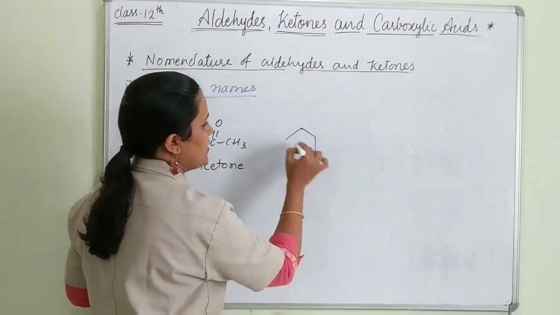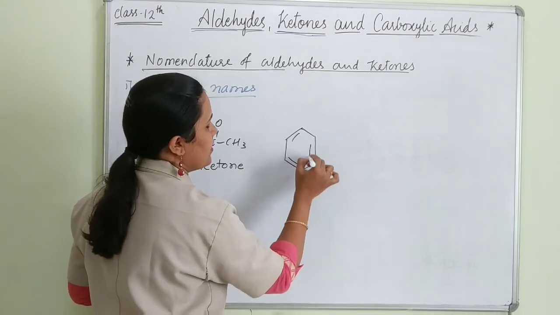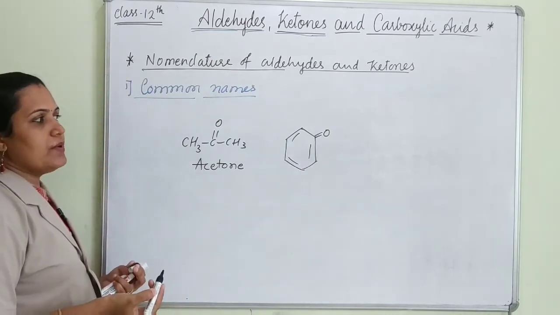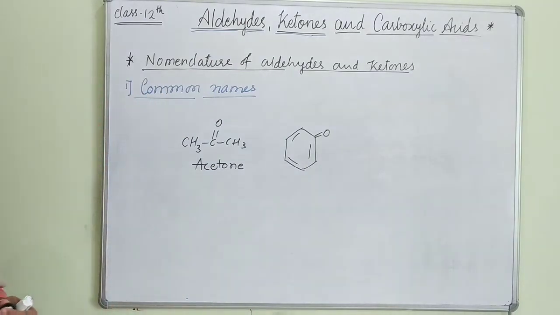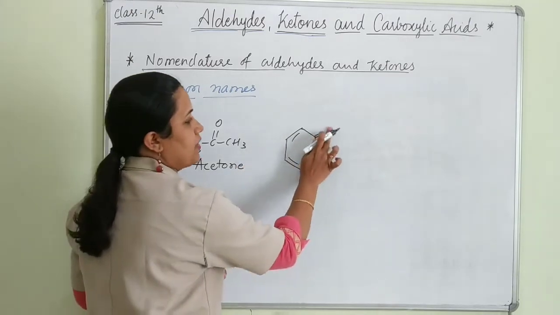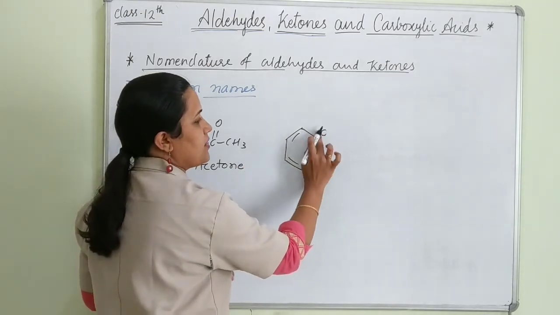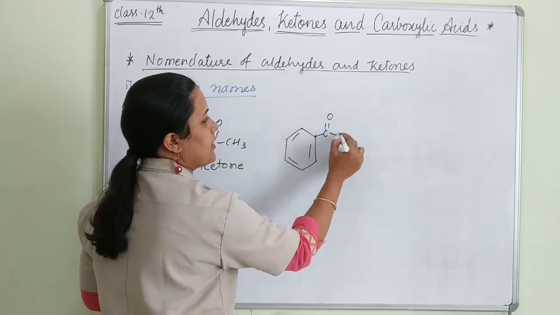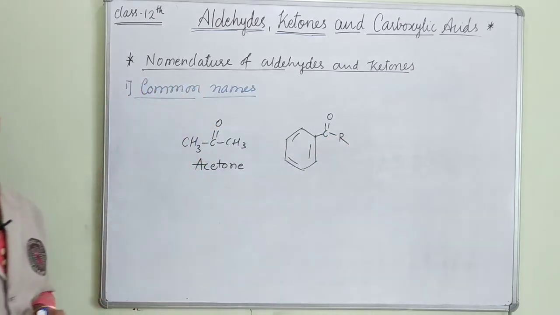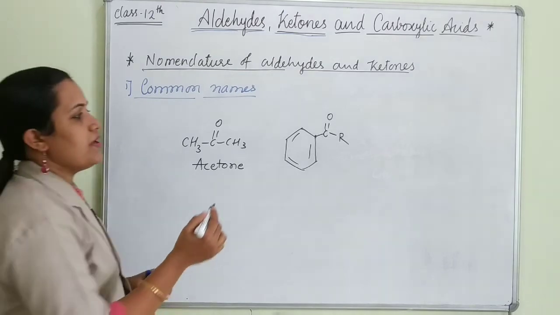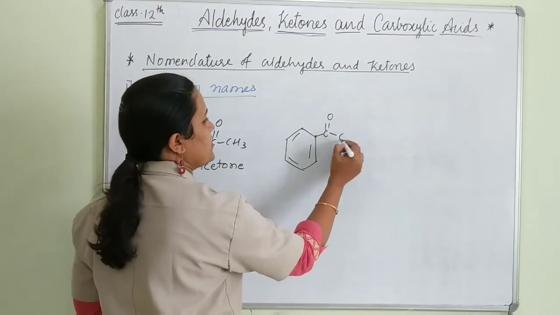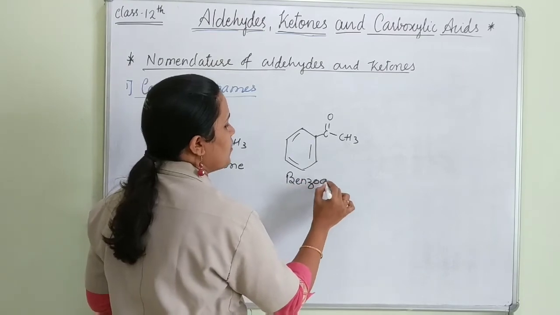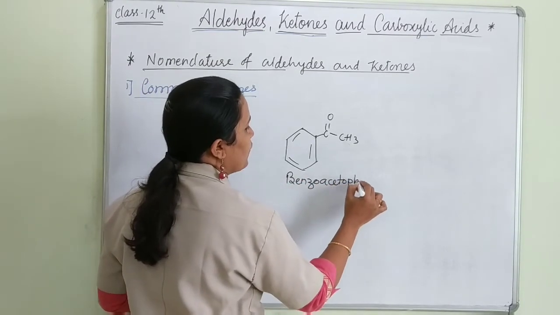If we have a benzene ring and a ketone group is attached to it, the ketone group alone is not possible here; we are studying that it is directly attached. So rather than writing this, I will write it this way: C double bond O, and here it is R. If R is a CH3 group, taking this example as CH3, then this one is acetophenone.